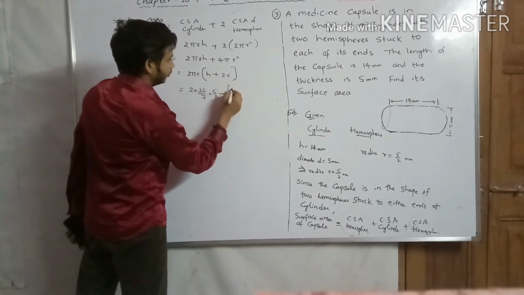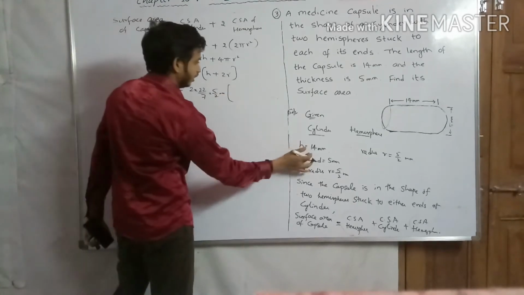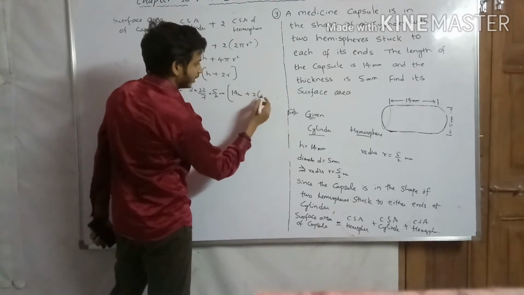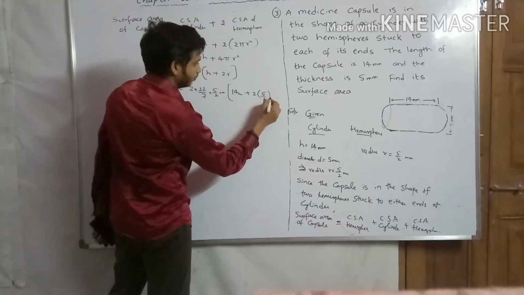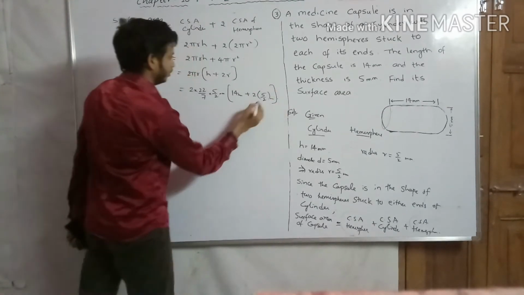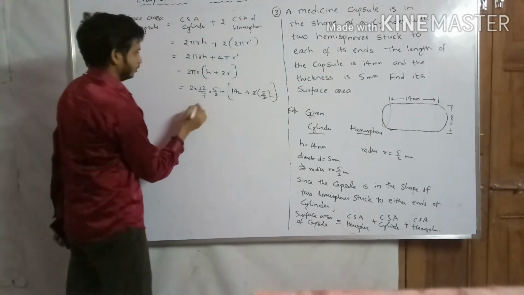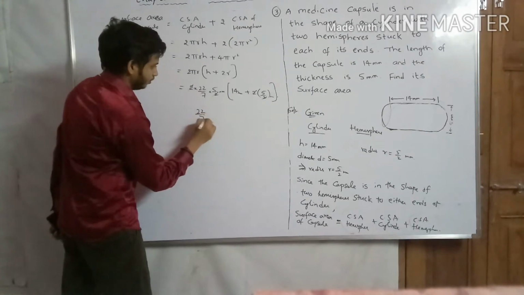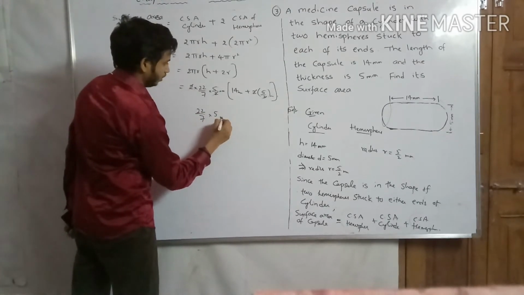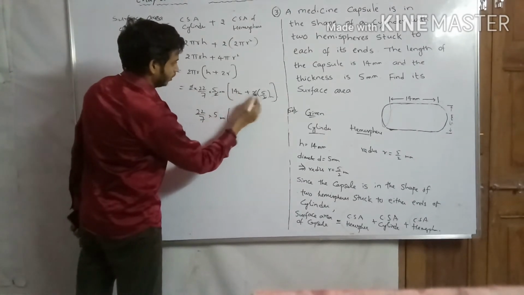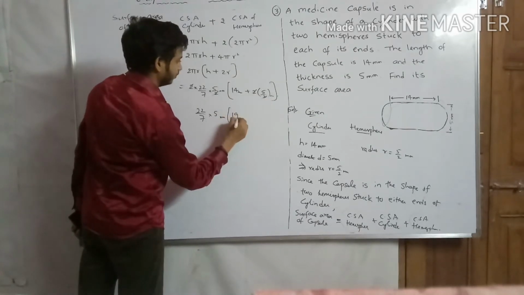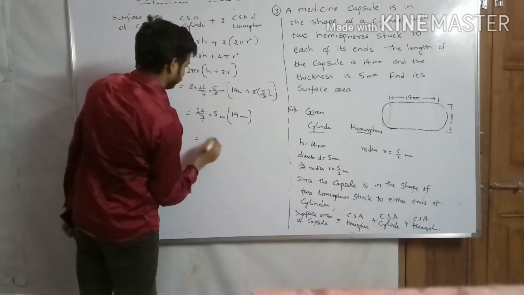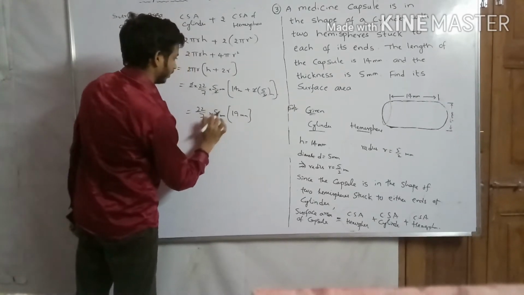Okay, into h value, that means height of the cylinder is 14 mm, plus 2 into r value is again 5 by 2 mm. Okay, so 2 2 gets cancelled. Now again here 2 2 gets cancelled, so 22 by 7 into 5 mm into 14 plus 5, that means 19 mm. Okay, so equal to, so 22 into 5 into 19.